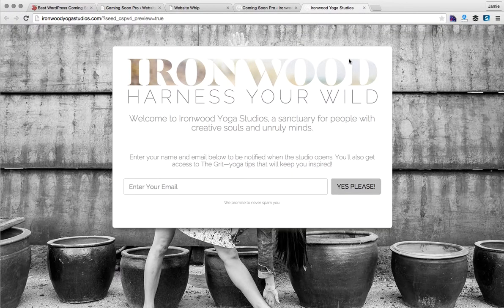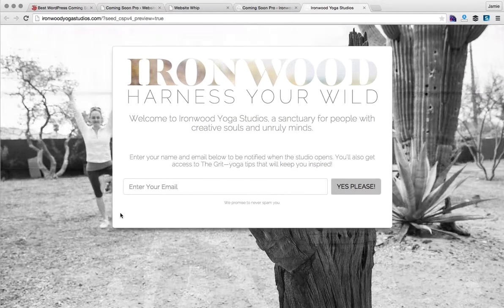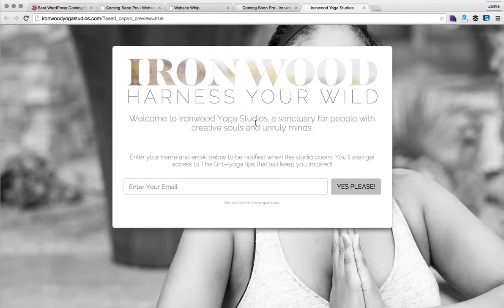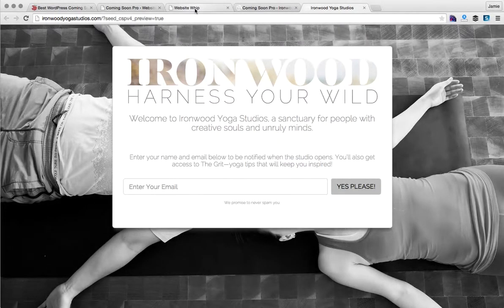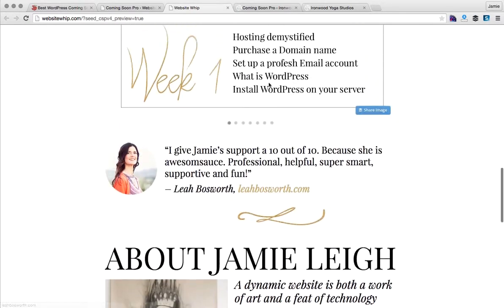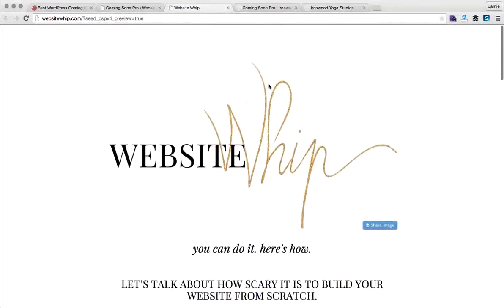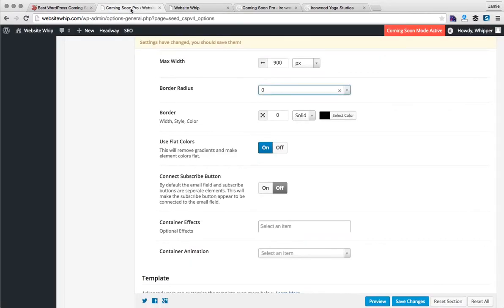So on this page here, we've got a box, and it's containing all the information, the logo, the headline, the content, and the subscribe. Whereas this one is, again, more of a landing page, so it does not have a box to contain it. So as you can see, you can get really, really granular with how you design your